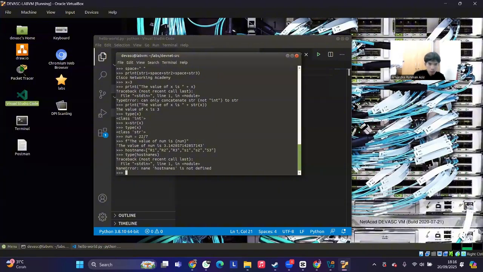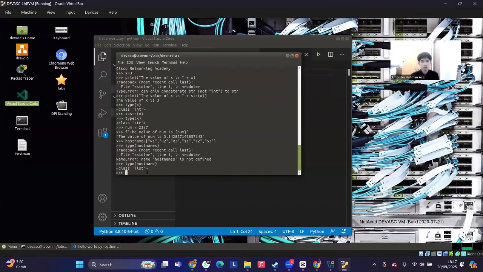The output is the class is list. So the open square bracket is to show the list.